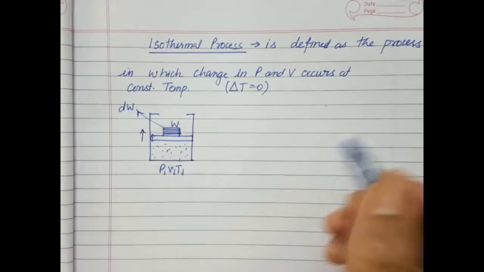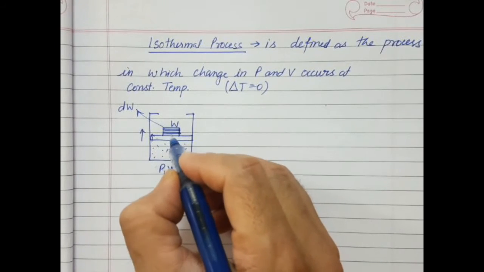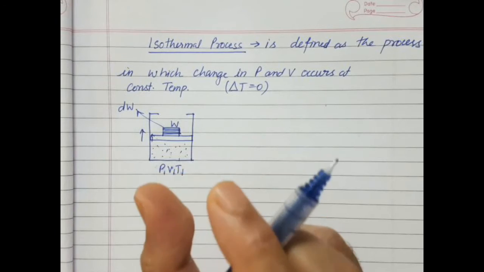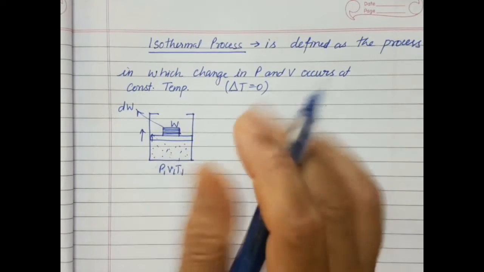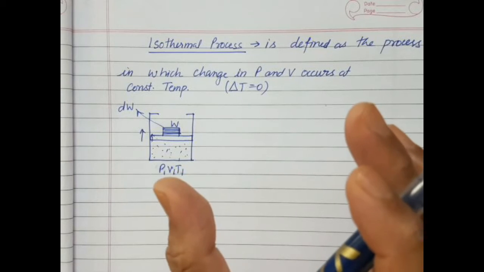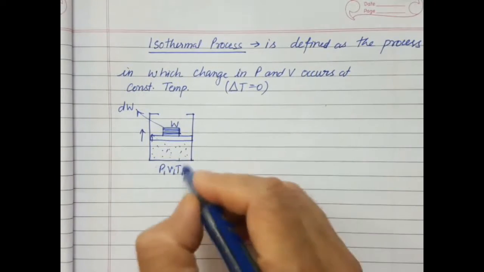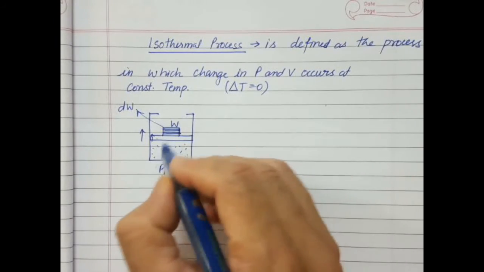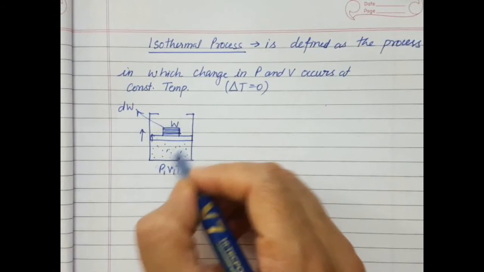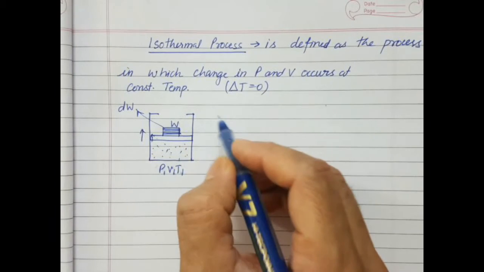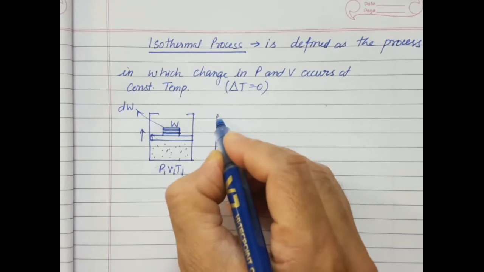So what will happen when I remove a fraction of weight from this piston? There will be a slight change in pressure acting on the gas. So this piston, in order to equalize the process, will move in the upward direction. So it will go into the new position